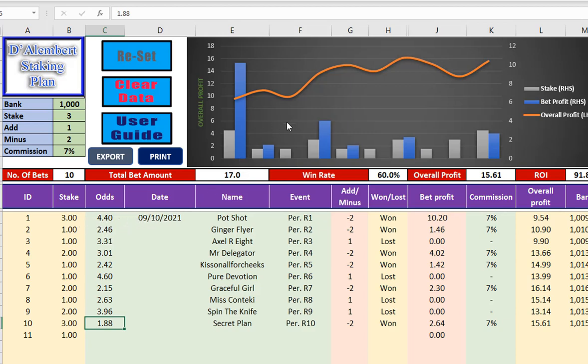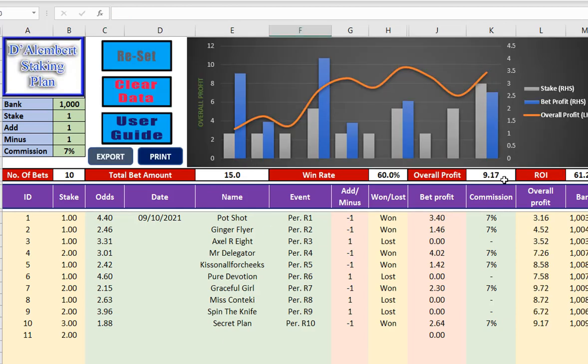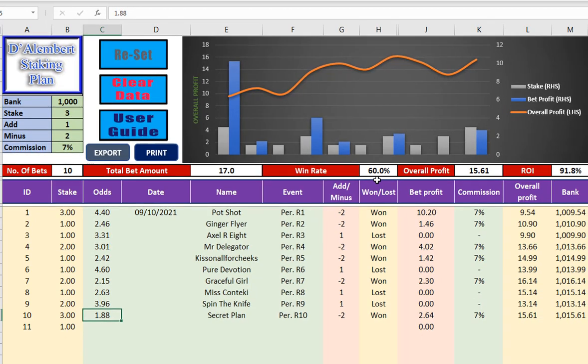So if we have a look, these are the same figures. If I go back to here, this is the graph, and this is showing you I made 9 points profit starting off with a stake of 1. But now using the new staking that I like, the stake of 3, and then going through it, we can see we made a profit of 15, and it only spent 2 more to make a profit of 15 units, which is a 91% return on investment. Mind you, we did have a 60% strike rate over the 10 races this Saturday.